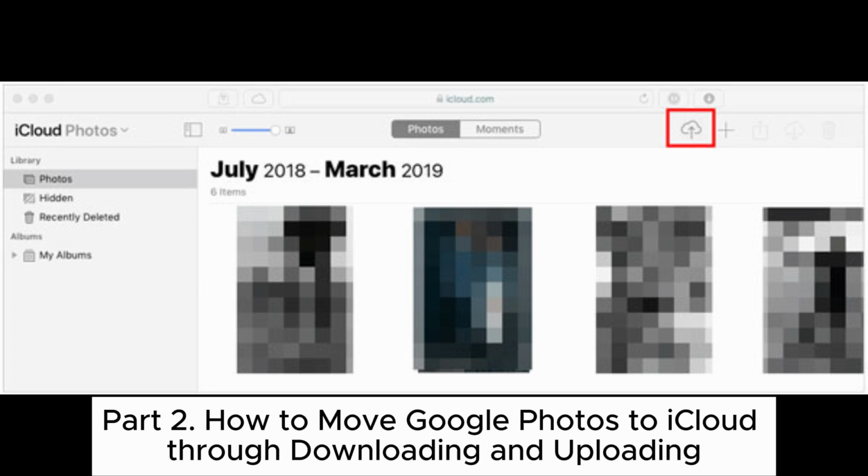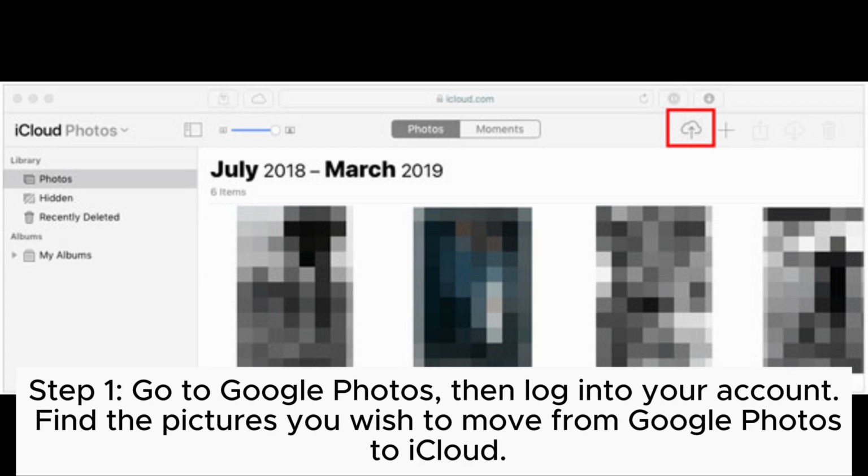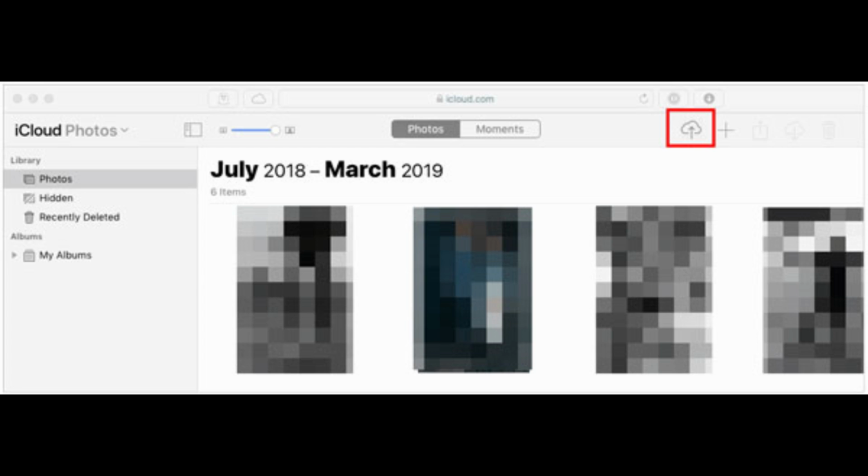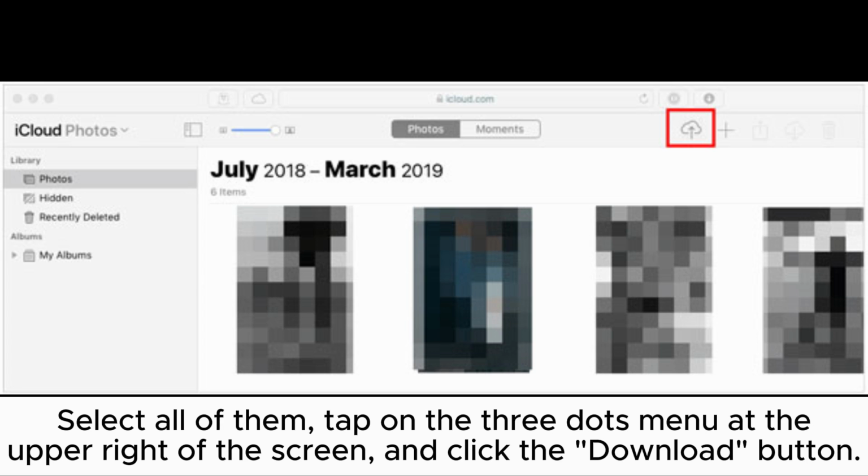Part 2. How to move Google Photos to iCloud through downloading and uploading. Step 1. Go to Google Photos, then log into your account. Find the pictures you wish to move from Google Photos to iCloud. Select all of them, tap on the three dots menu at the upper right of the screen, and click the